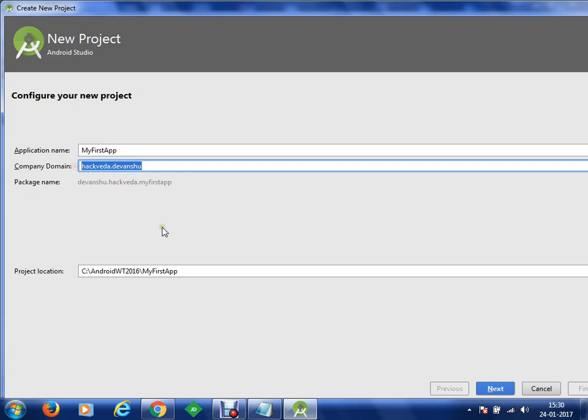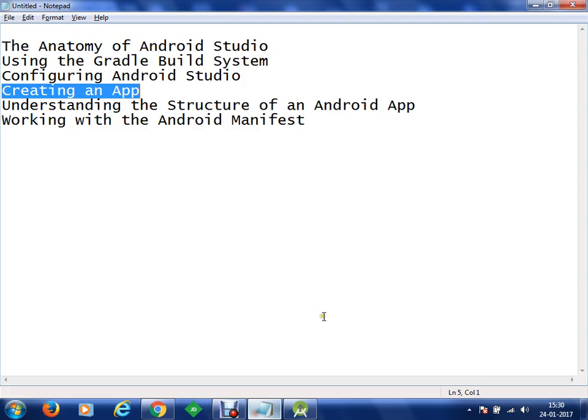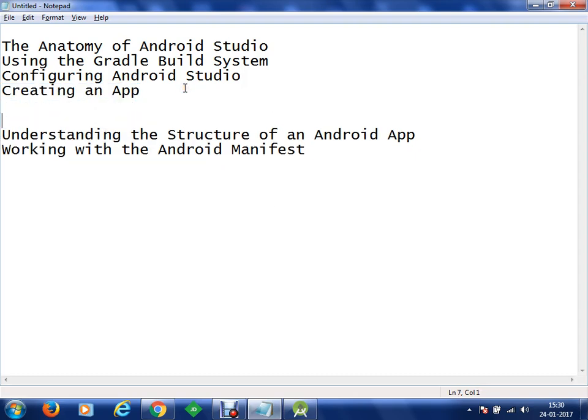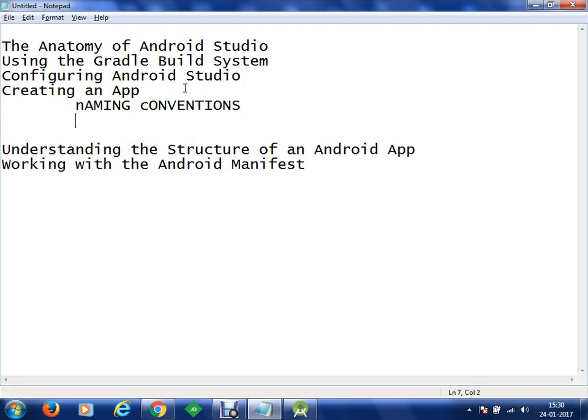Then I would like to specify my company domain. The naming convention for this company domain is somewhat like this. Let me write it here. Naming convention: developer name, then app name.